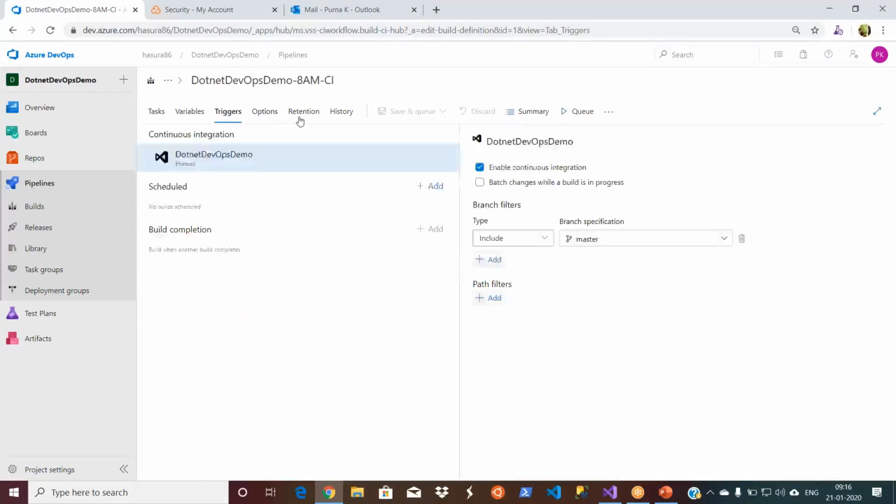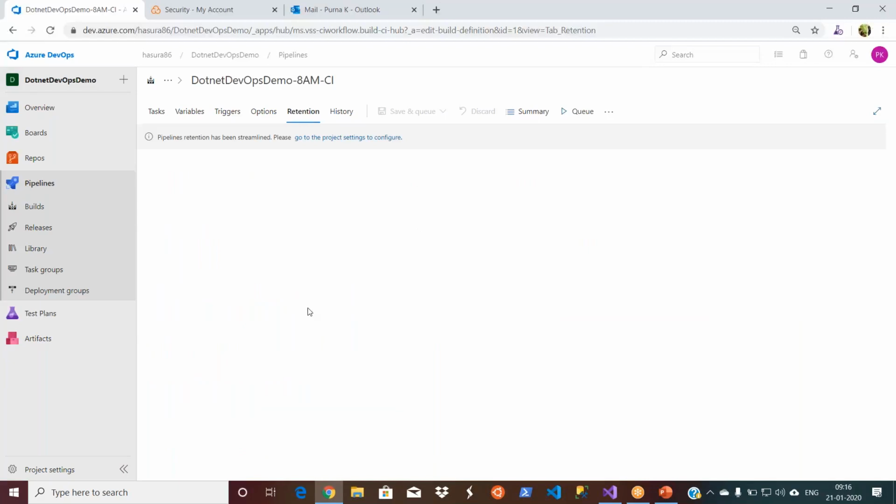So it's about triggers, and then retention is nothing but, you can change the retention policy. Let us say over a period of time you will create hundreds or thousands of builds. Obviously it is keeping its history somewhere, and that's storage. Let us say you don't need to have a build history more than 6 months old. Why do you need it? Obviously you will not roll back to more than 6 months old. So you can keep that retention policy. If you say, okay, I want builds up to the last 3 months, then it will keep the history of only the last 3 months, like that. You can make that kind of changes. It's about maintaining your history.